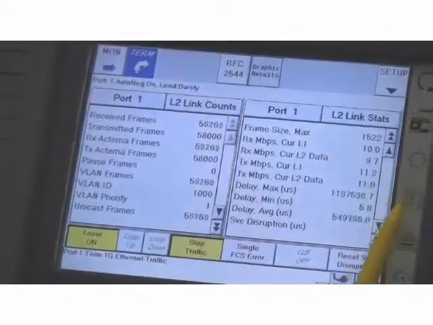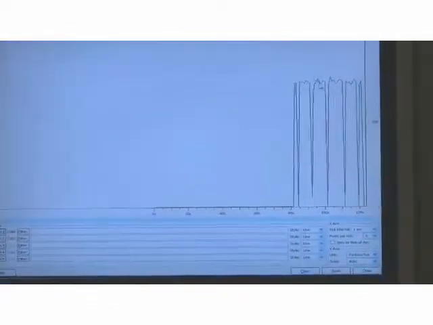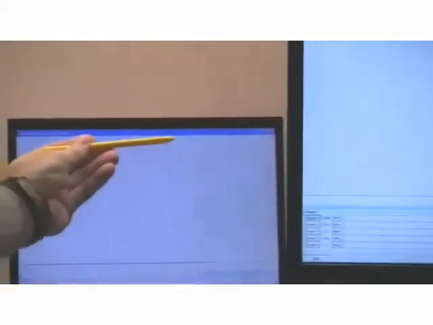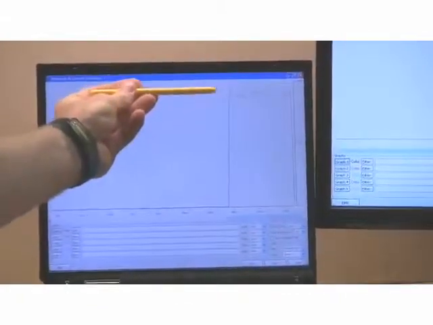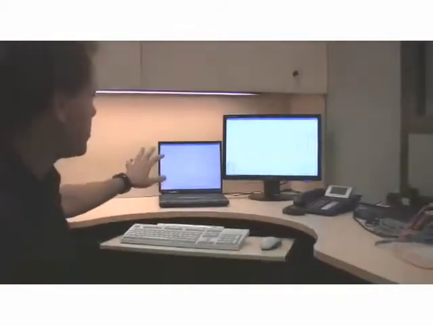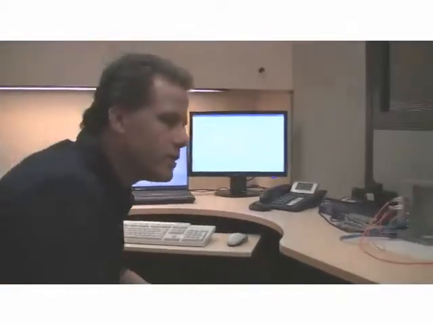So graphically what this looks like, we can see over here on this display, these are the peaks in the bursts of traffic as it's coming through. However, on this display over here, as it's coming out of the MetroNID, we can see that there are a lot less peaks, and it's being flattened out to a more consistent frame rate. So this shows that the traffic shaper is doing its job right now,